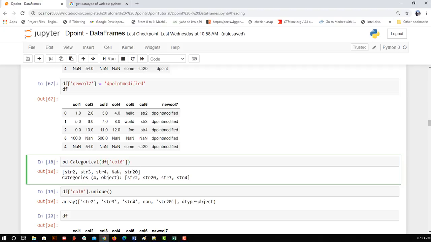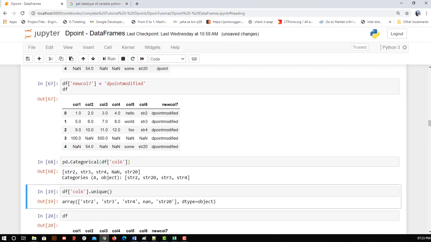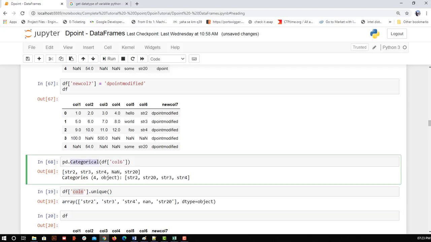So for selecting and filtering, we are going to use the categories and unique in different data types. But for now, since we have a small set of data, you can see that both will work in a similar manner. But when we are using a big data set with complex data types, it will have its own values. Okay, let me press shift enter. So you can see in column 6 we have 4 different types of values, and for unique also it is giving me 4, whatever values I am having. But here in categories, nan is not a value. So it doesn't consider that as a category.